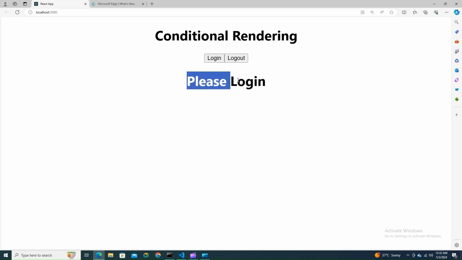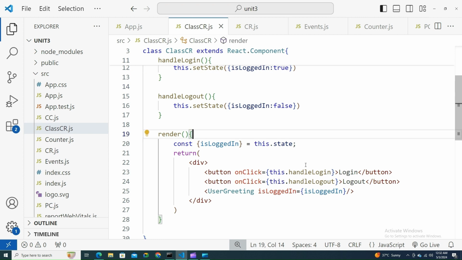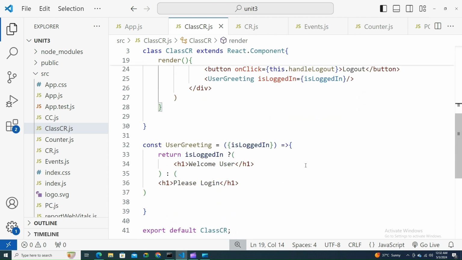Now you see this? By default, it is false. It is asking us to please log in. So if I click on login, yes, welcome user. If I click on logout, this makes our state isLoggedIn false, again coming back to please log in. I hope this made sense, everybody. So this is how, please. Conditional statements or conditional rendering is very important to decide what components have to be rendered in what situations. See you in the next